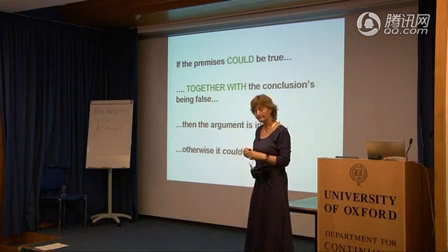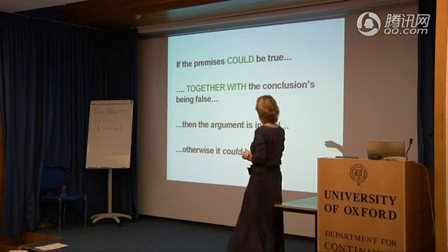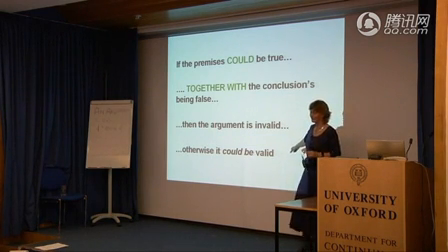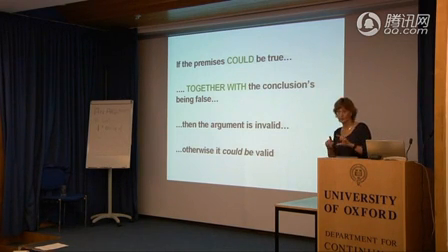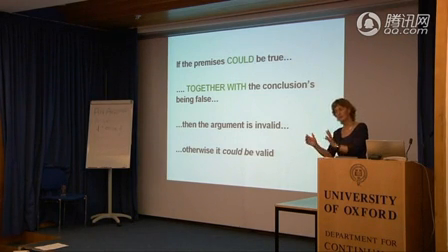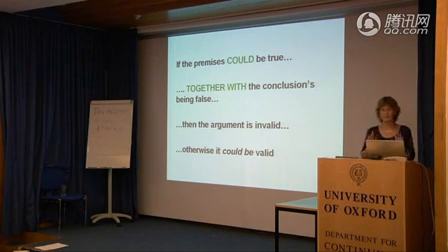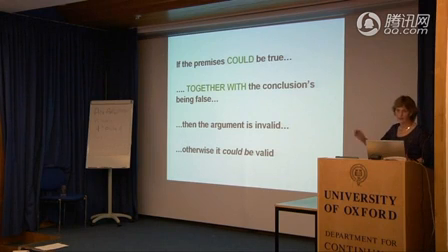Okay? Last line, so it could be valid. Why don't you say it is valid? Because, as I'm about to show you, it doesn't mean it necessarily is valid. It could be valid. I thought valid was an either-or. Valid is an either-or thing for every argument. But if you have a situation where the premises have one truth value and the conclusion another truth value, that could encompass different arguments. I'll show you exactly what I mean. Okay, so just keep this in mind. If the premises could be true together with the conclusion being false, then the argument is invalid. Otherwise, it could be valid.